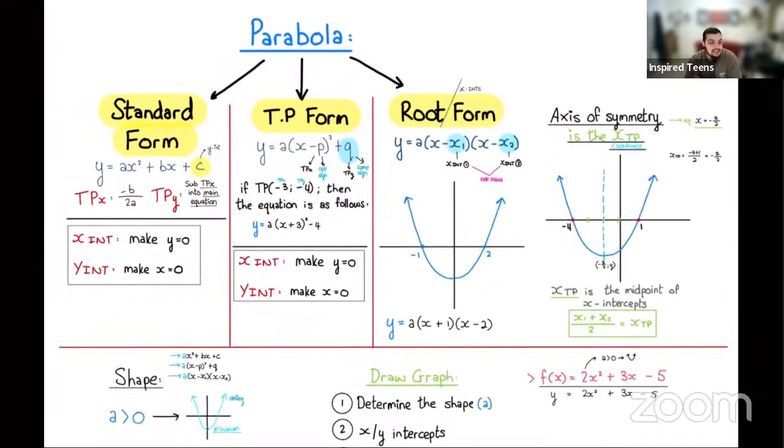Then we discussed the parabola equation. We discussed standard form, turning point form, and root form. And along with root form, we discussed the axis of symmetry. We discussed how the axis of symmetry is the x turning point coordinate, and we discussed the equation of the axis of symmetry, which is also important. So all of these things with respect to the parabola graph, we discussed, and it's important to understand in standard form,